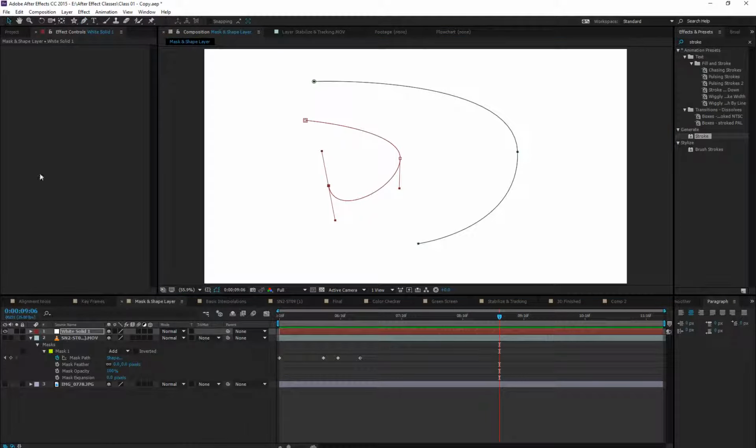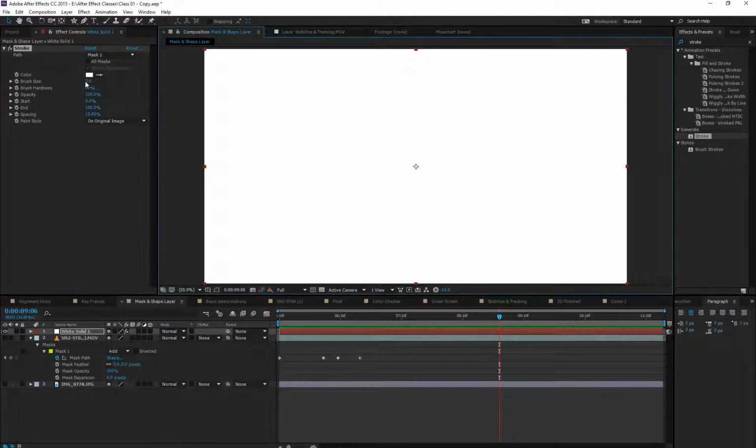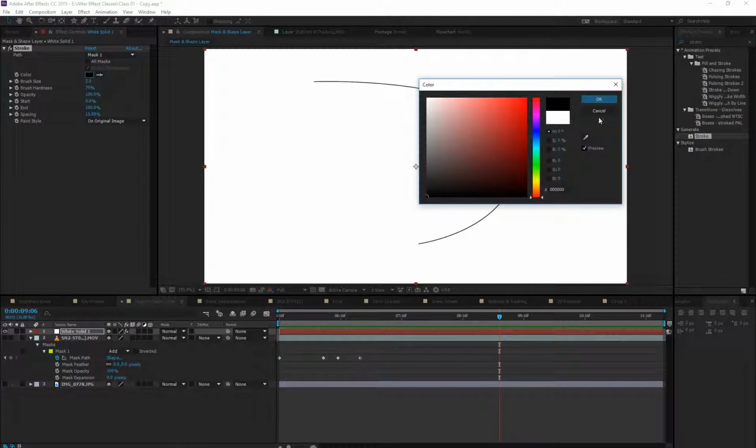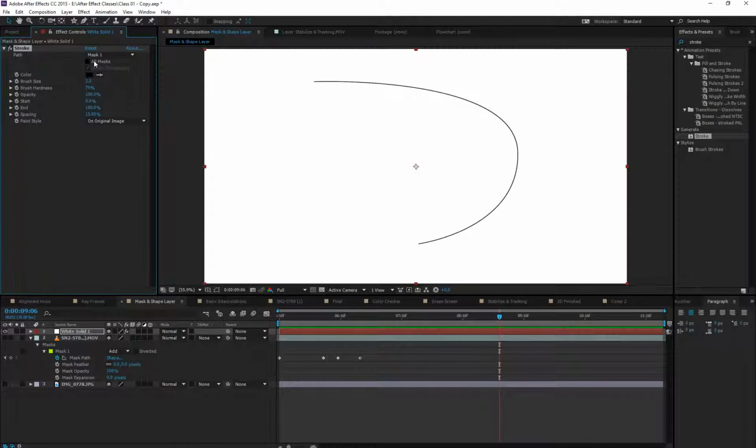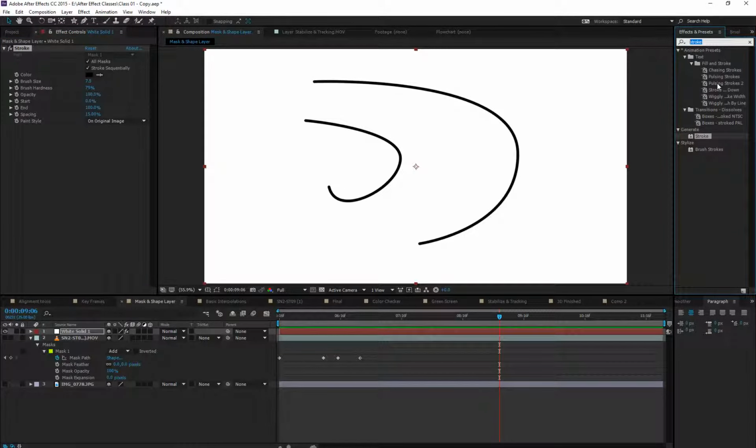And on this layer, if I add the stroke effect again, and let's hide the mask path, and I'm going to make it black, and I'm going to apply it to all the layers, all the masks, and I'm going to expand it. And then I'm going to add something called Turbulence Noise,